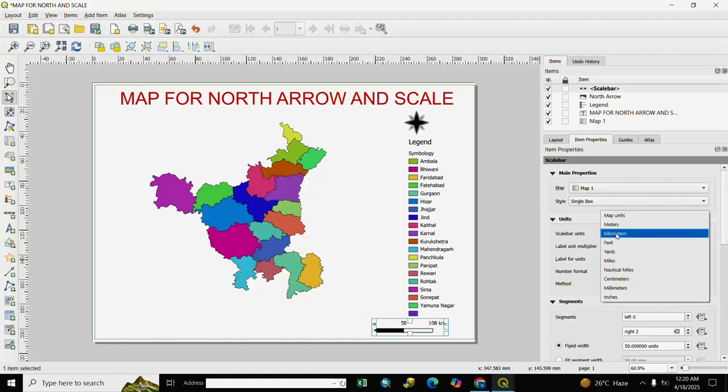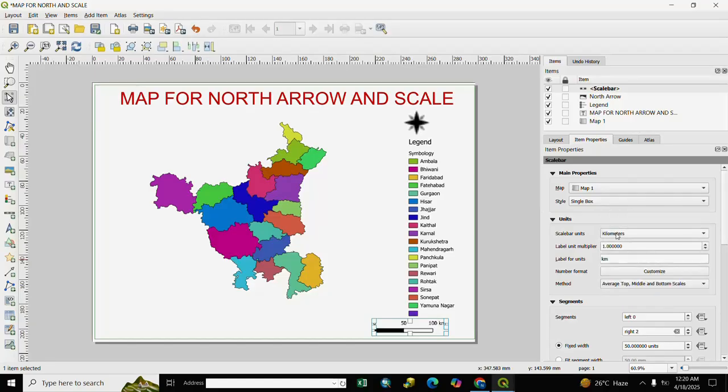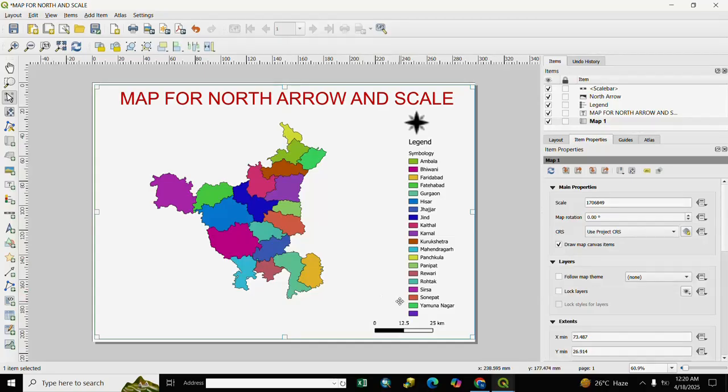We select kilometer, and label unit multiple as per your decision. If you want to increase it, you click increase, and you see the division part, you see changes in the scale.